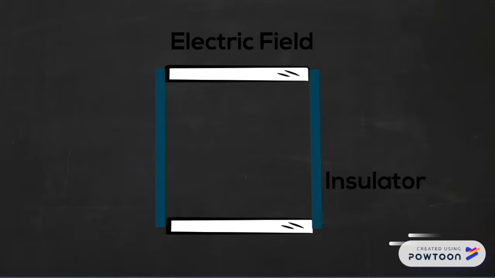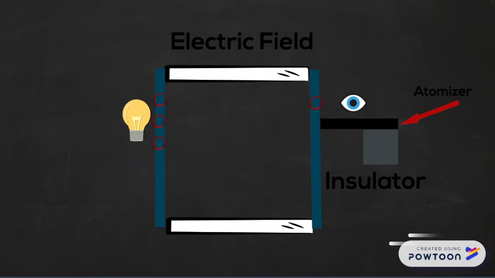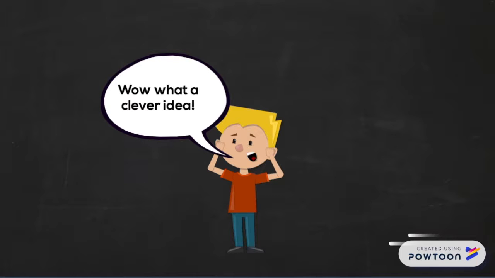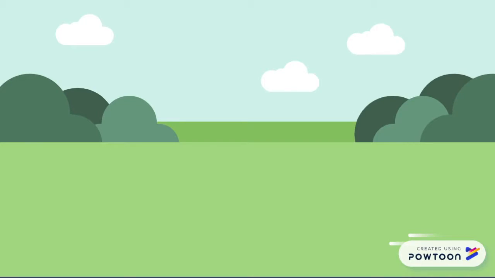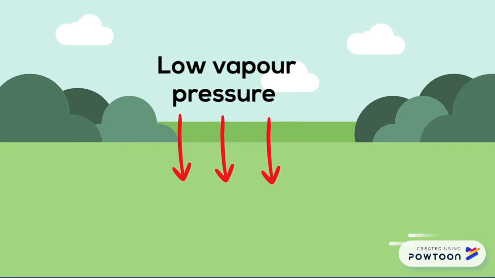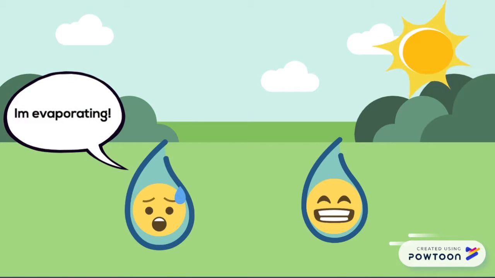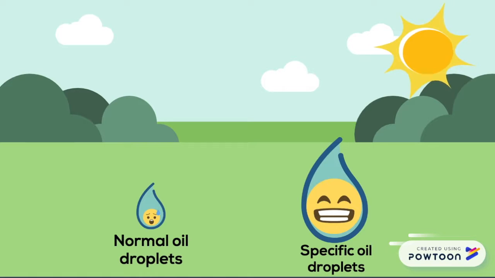4 holes were cut into the ring, 3 for illumination by a bright light and another to allow viewing through a microscope. A fine mist of oil droplets was sprayed into the chamber above the plates using an atomizer, which acts like a perfume sprayer, but instead of perfume, it's oil droplets. Imagine using this as an actual perfume. The specific oil was chosen because it had an extremely low vapor pressure. Ordinary conventional oil would evaporate under the heat of a light source, causing the mass of the oil drop to change over the course of the experiment,